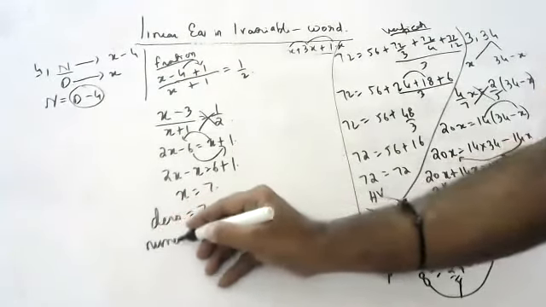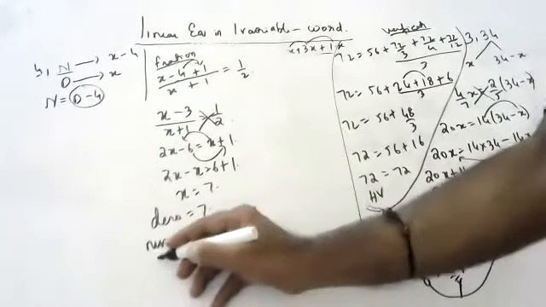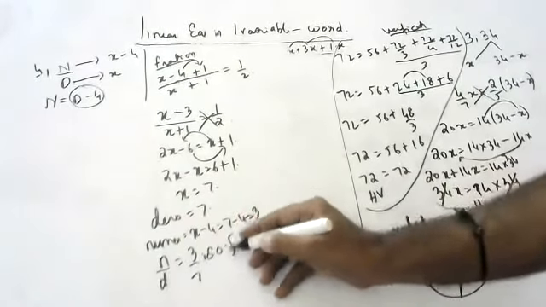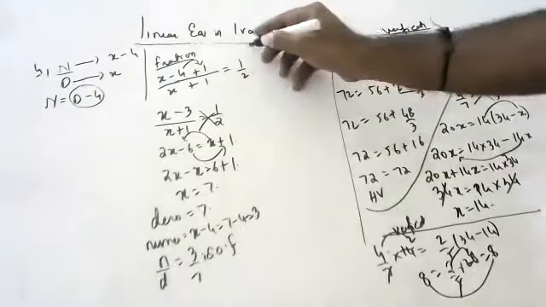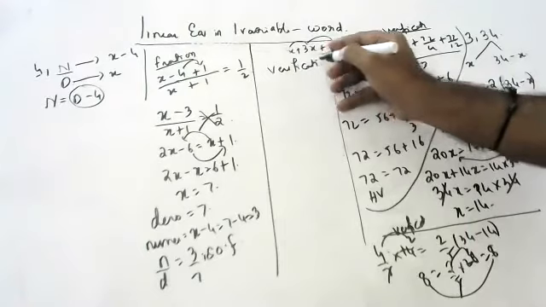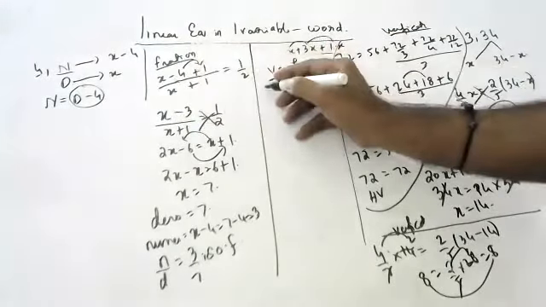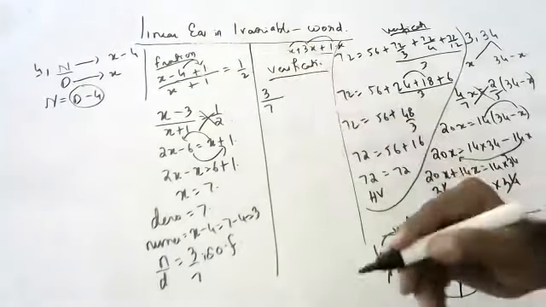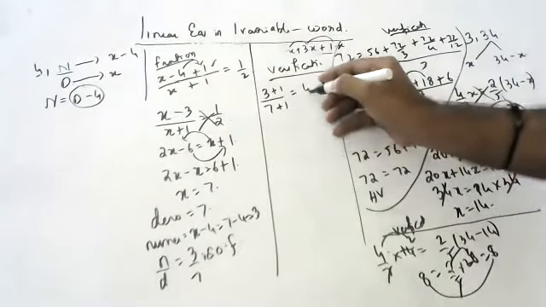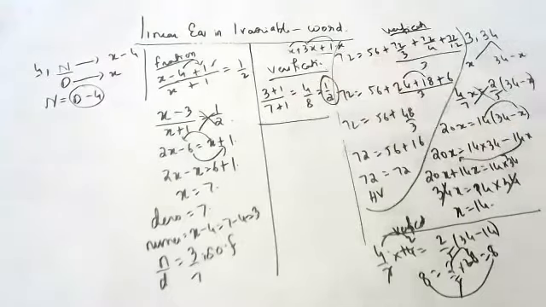The numerator is how much, children? x minus 4: 7 minus 4, that is 3. So numerator by denominator, 3 by 7, is the original fraction. Sujit, tell me the verification also. Yes, sir. 3 by 7 is there. To this you add 1 and to this you add 1. How much will it become? 4 by 8, means 1 by 2. It is 1 by 2.